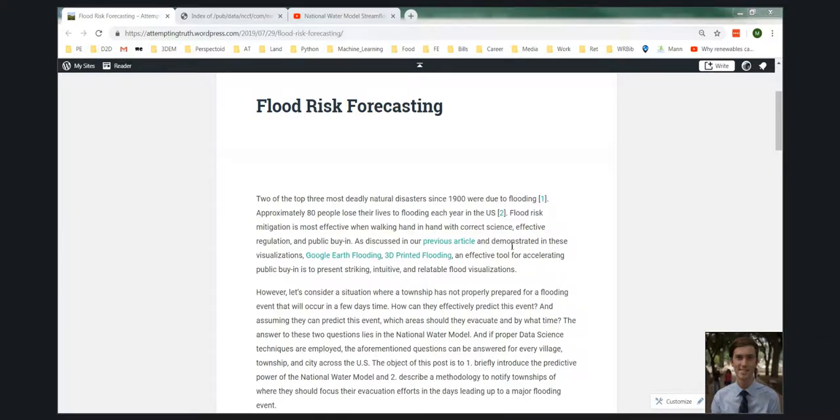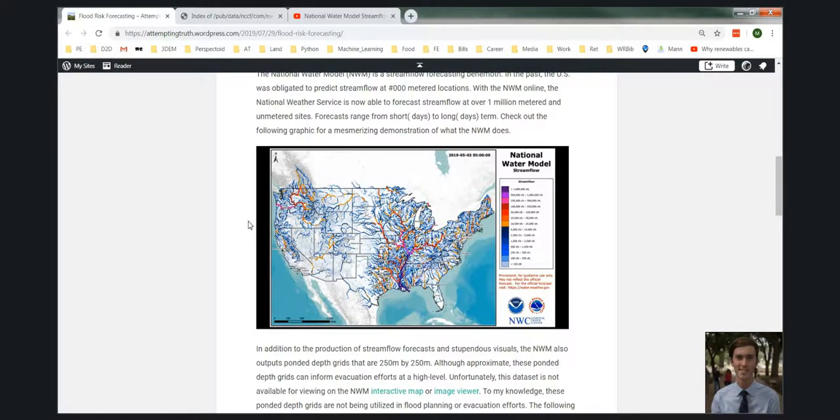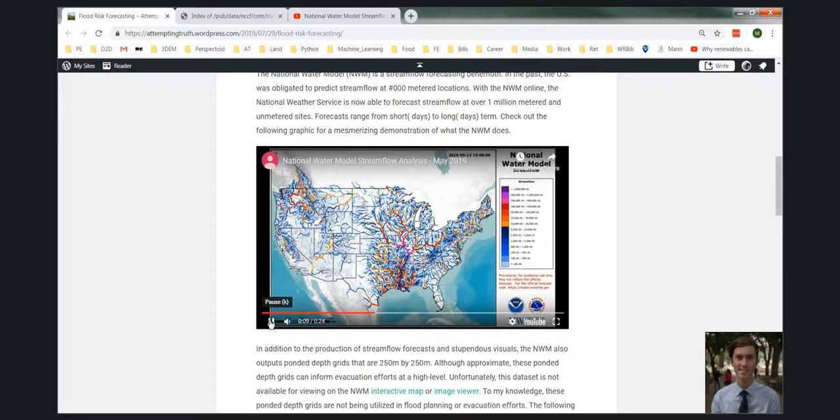Flood risk forecasting, and I'm utilizing data from the National Water Model. And as you can see here, the National Water Model predicts stream flow across the nation, and that forecast can be short range, medium range, or long range. I'm looking at medium range, which is a 10-day forecast. Their output is predictions of stream flow at millions of locations, and in addition, they also output depth of